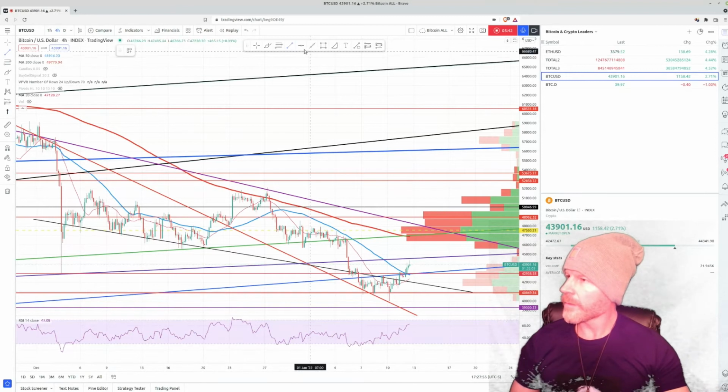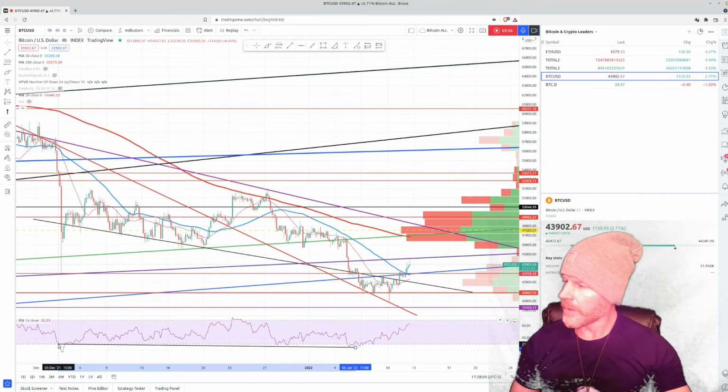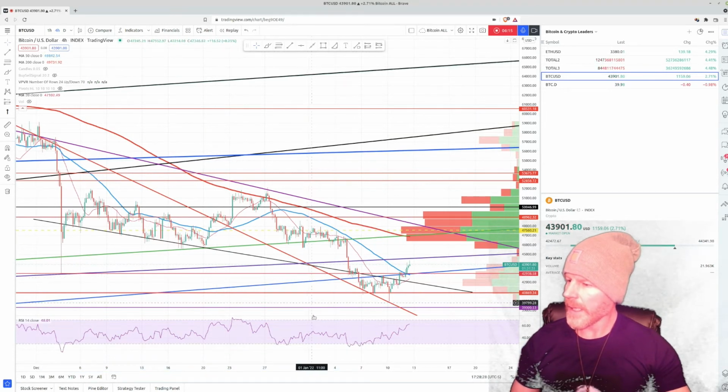The reason why I don't count this as significant is because there are not enough touch points here, guys. I'd like to see at least 3 touch points. This is an anomaly. You would really want to measure this on the 4 hour from here to here, and in this case you're looking at slightly bearish divergence. So I'm discounting that because it's not really significant for us to pay attention to. But he was right in the fact that